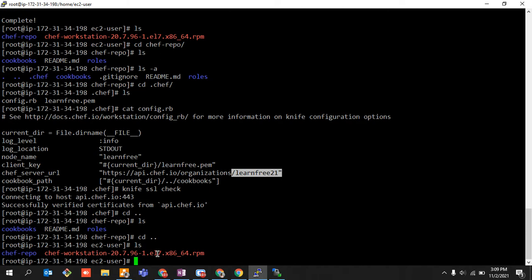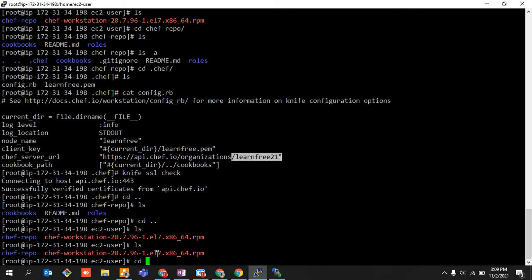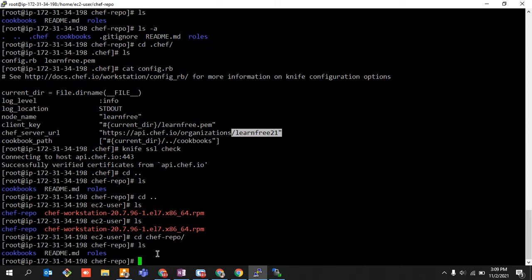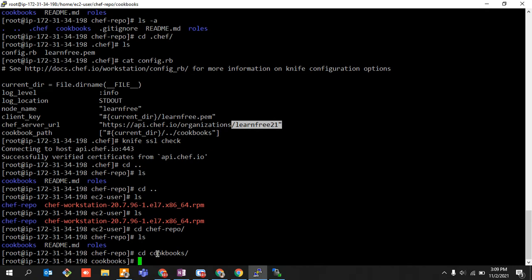You do not need to create it, because the chef repository has already been placed onto your EC2 folder. So just go inside, and that already contains inbuilt cookbooks, right? See, there is a directory named cookbook. You just navigate to it.